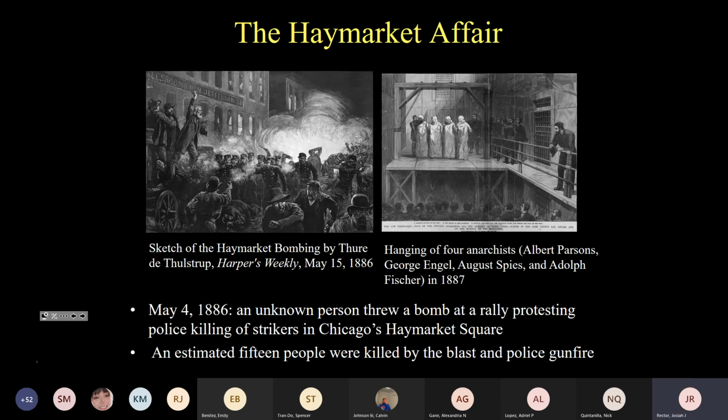But there are large numbers of police who are at the rally in case any violence occurs. And there are varying accounts to this day about what happened, and there's still no clear picture. The police claim that somebody in the crowd threw a bomb with the intent of killing the police, and that then people in the crowd started firing on the police, and only in self-defense the police started firing back.